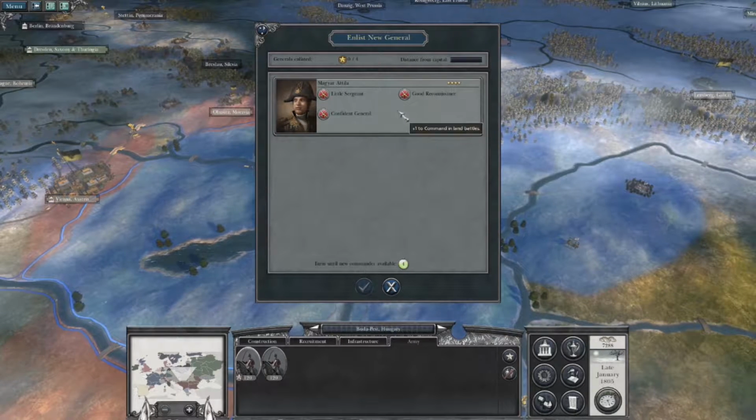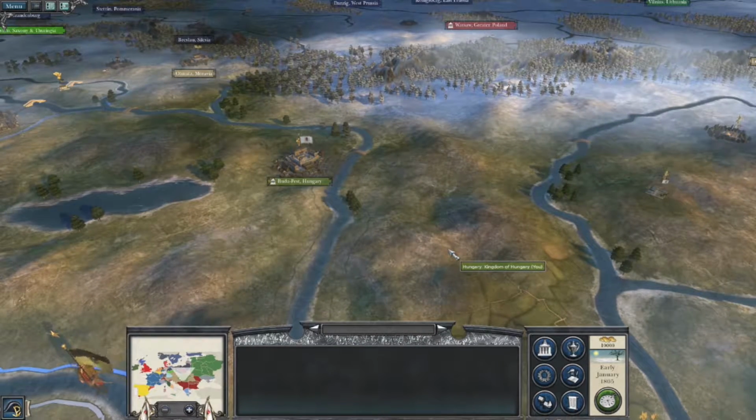He's actually really good too. Let's do it. Hey, I want to get him. Okay, that was weird and glitchy. Alright, how much are we making per turn? 39.53. Alright, so I'm going to keep on building this army up